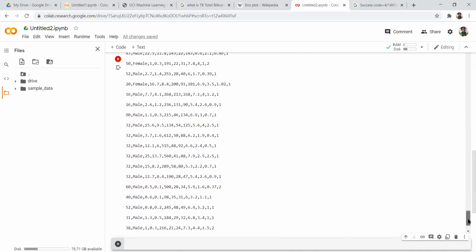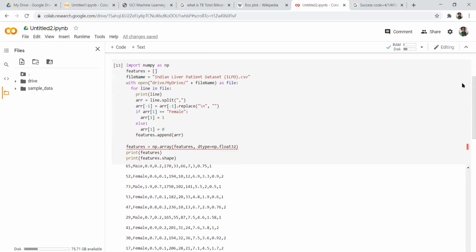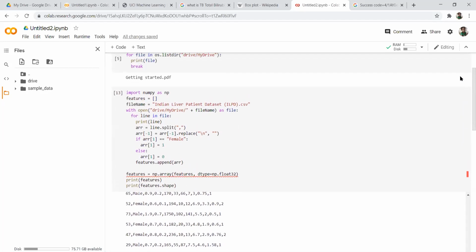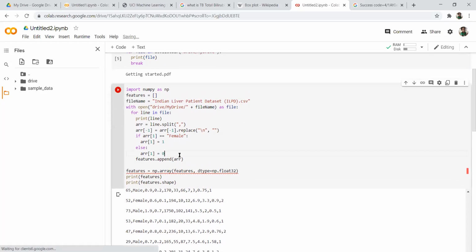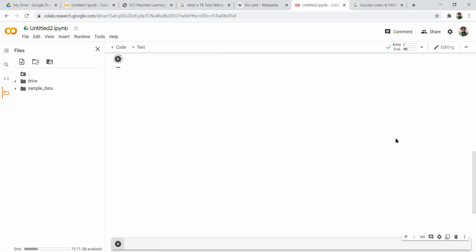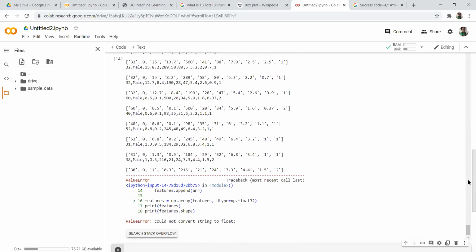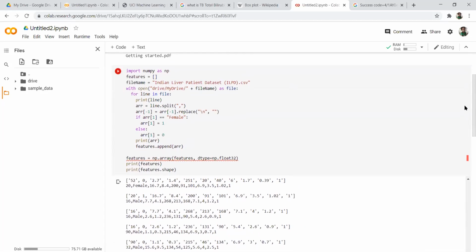Oh, could not convert string to float. Did I do something wrong over here? What did I forget? It's ones and zeros only, no? Features append.